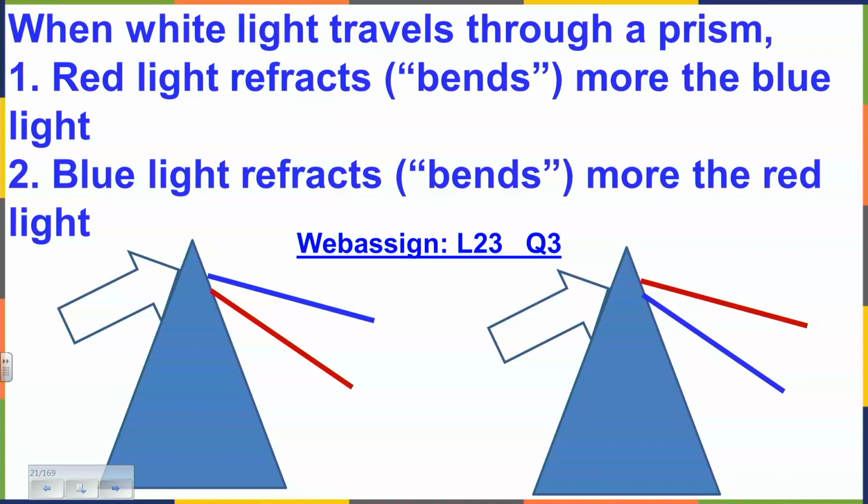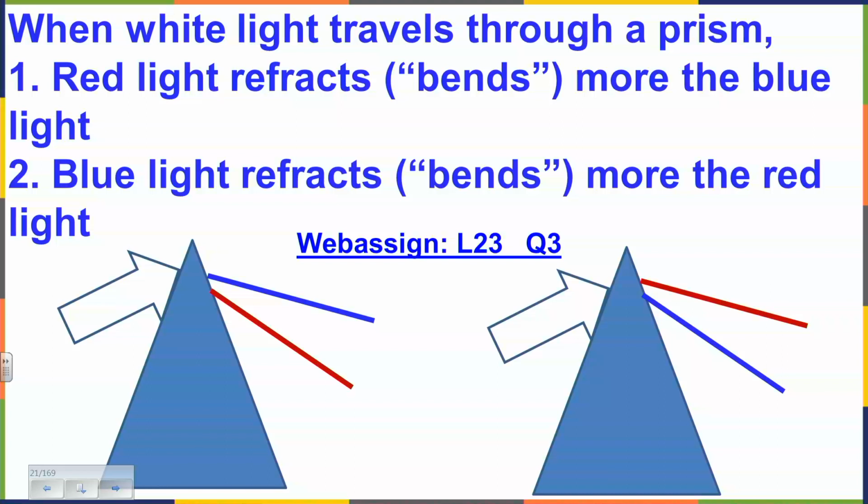Yep. The rainbow. So this is the base. Light was traveling like this. So we can see that the red light actually bent less than the blue one. The blue one bent more. Well, this is happening because